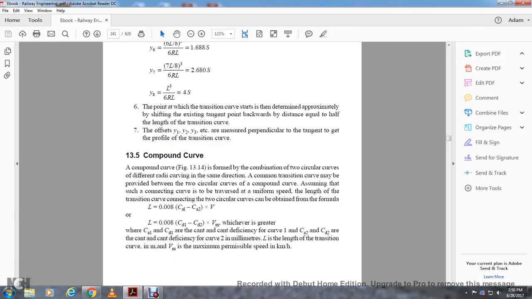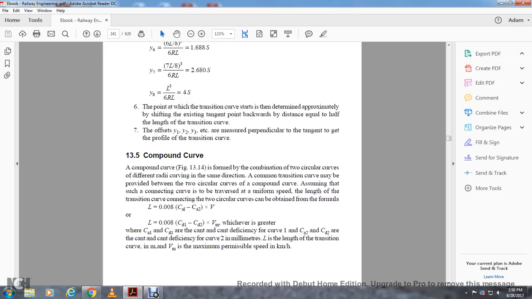13.5 Compound curve. A compound curve is formed with a combination of two circular curves of different radii curving in the same direction. A common transition curve may be provided between the two circular curves. For the connection of the curves, the uniform rate of change of speed determines the length of the transition curve. In addition, the two circular curves can be obtained with the following: length equals 8 thousandths of the cant